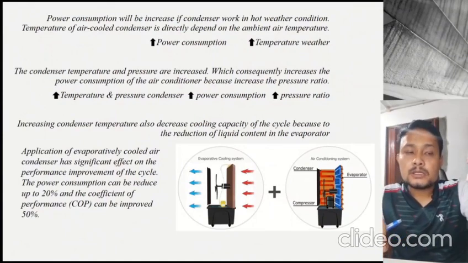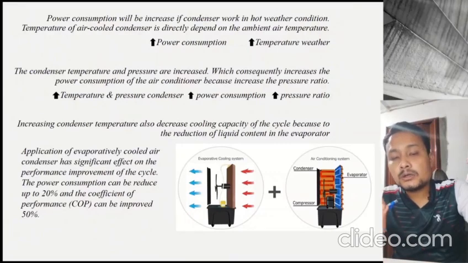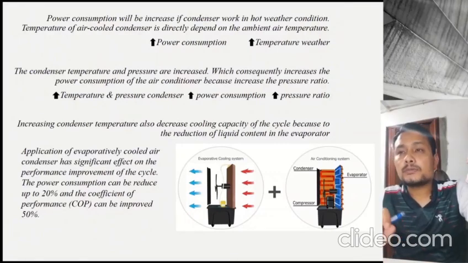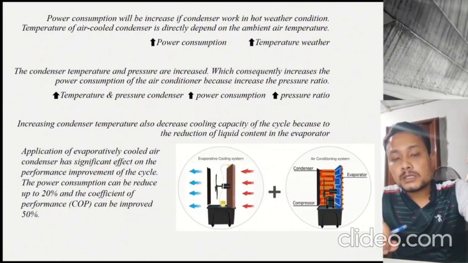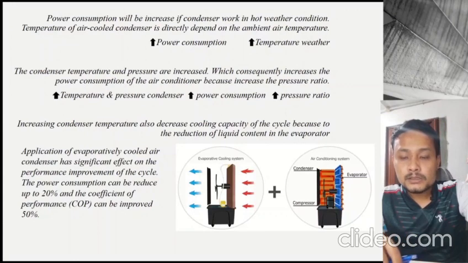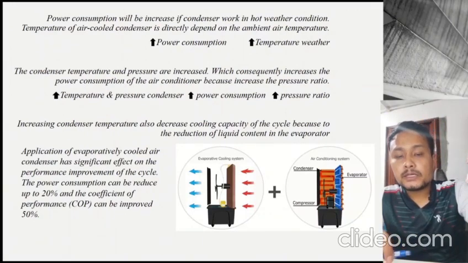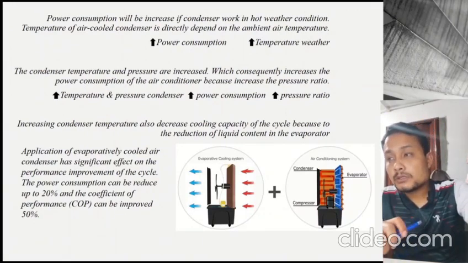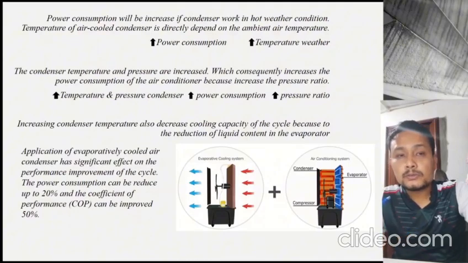When the weather is very hot, the temperature increases and the power consumption of the air conditioner will also increase. With this application, power consumption can be reduced by 20% and COP, coefficient of performance, can be improved